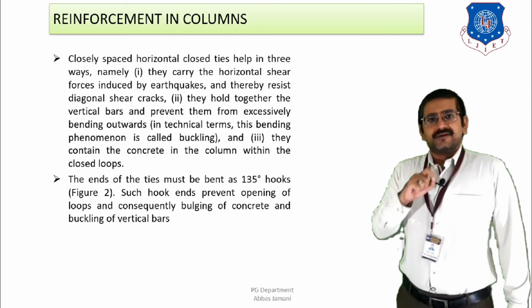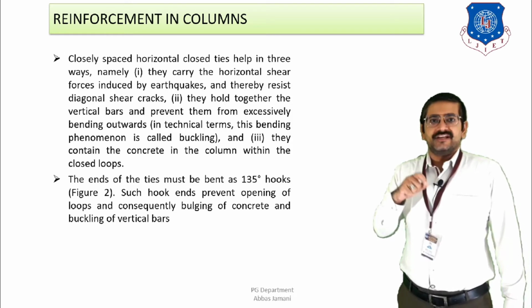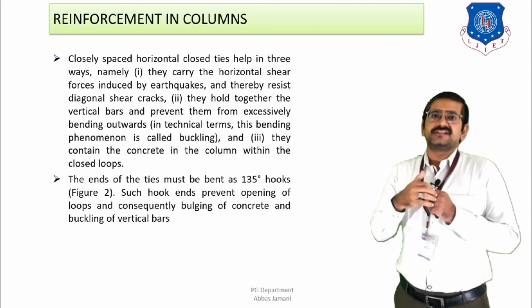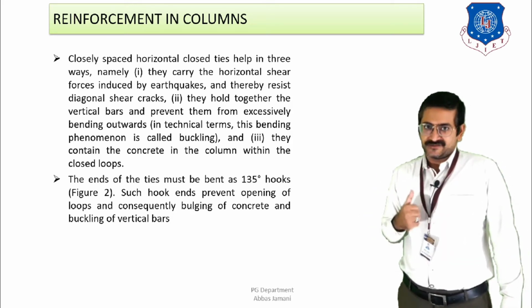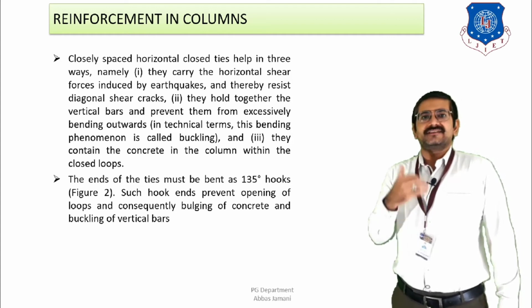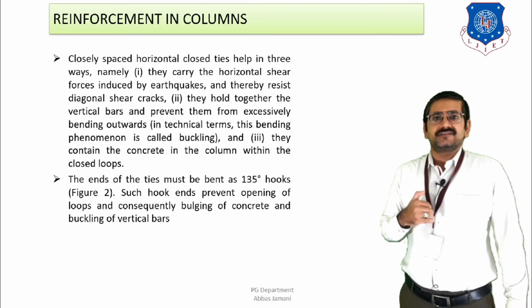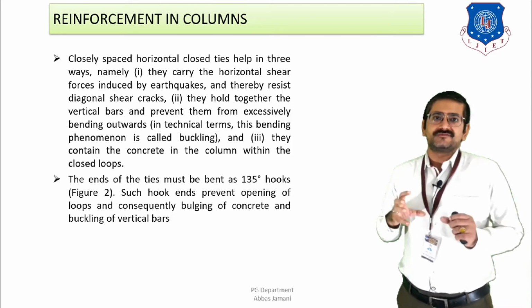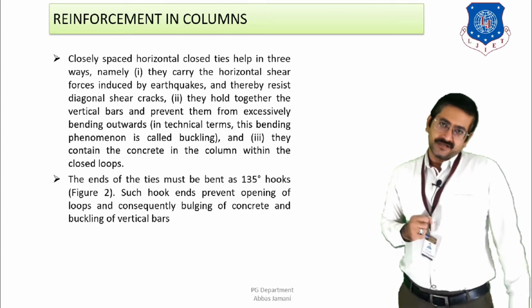Now, some peculiar features are to be followed when you are going to provide or install these closed stirrups. That is, the closed end of the stirrup should have a minimum angle of 135 degree, which we are going to see in the next figure. Right? What is the reason for providing these closed stirrups at an angle of 135 degree? When this is done, the corners of the column will be tightly held together, and it will not open in case of earthquake shaking.